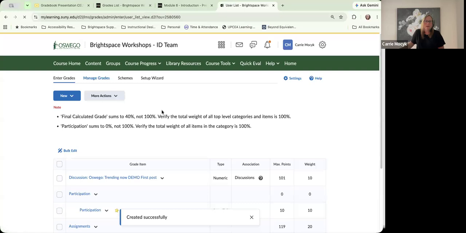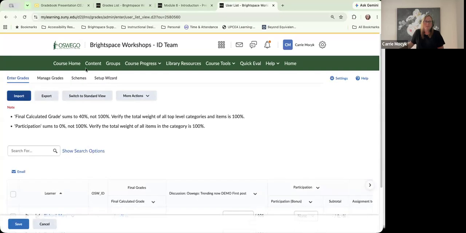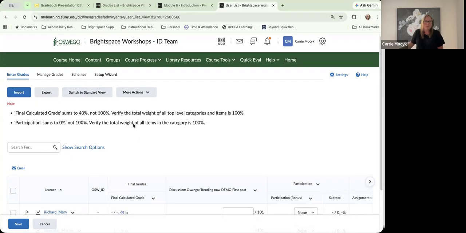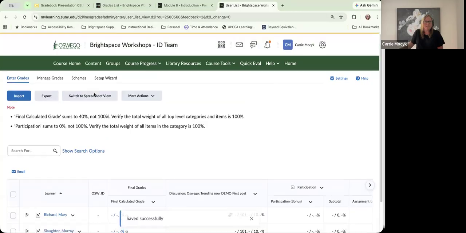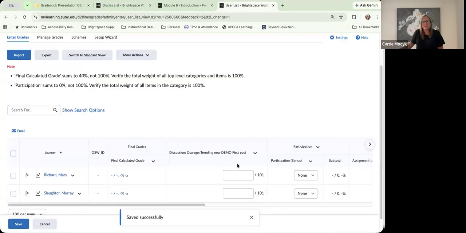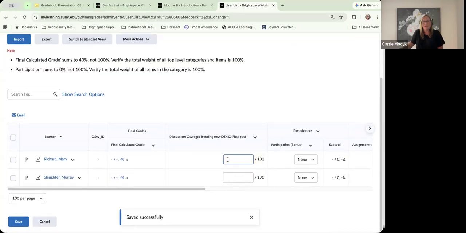And we're on this page, the main page of going to course tools grades. We can switch to, I have it in standard view. Spreadsheet view is the one that you want. It allows you to add all of their grades from this page. Or additionally, you could do,